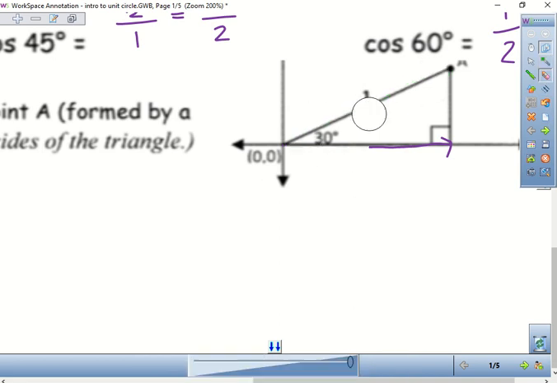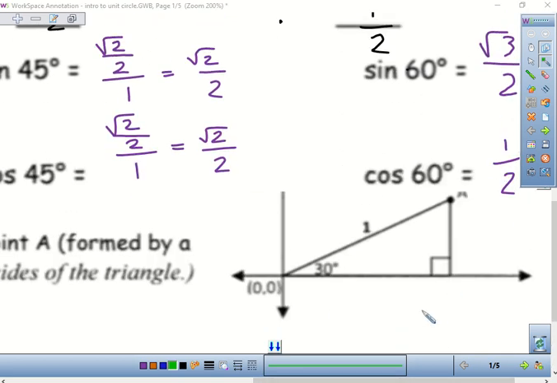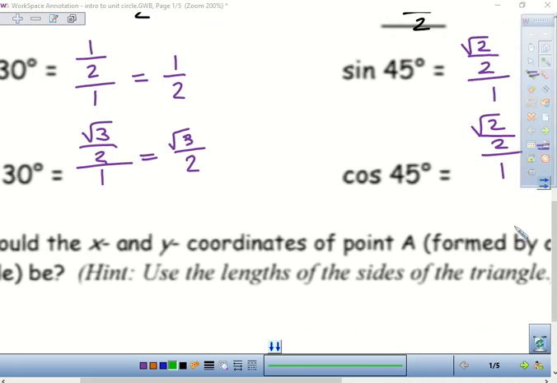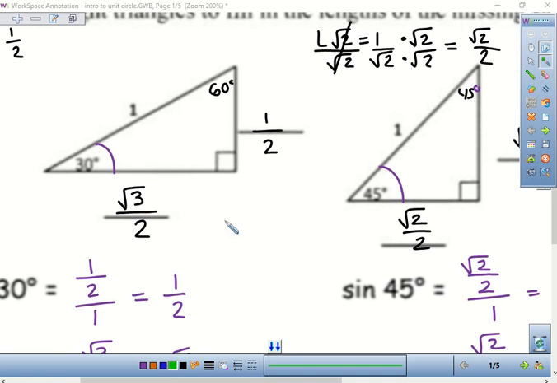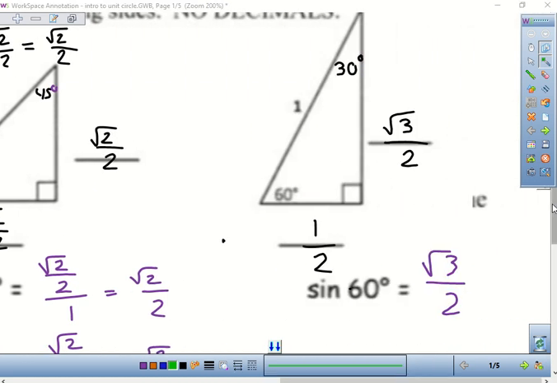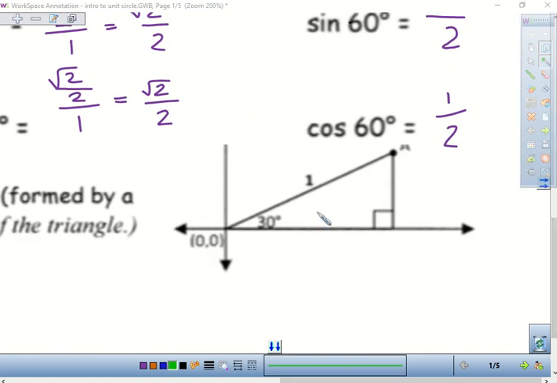So in this case, what we have to do is we're going to figure out what the side measures are. Now, what you're going to notice is, isn't this triangle the exact same as the triangle right here? You see that? It's just been inscribed in the unit circle, or in the coordinate plane. So in this case, we have to just write those side measures in there. So we know that this side is what? According to what you just did above on the left. This side is radical 3 over 2, and this side is